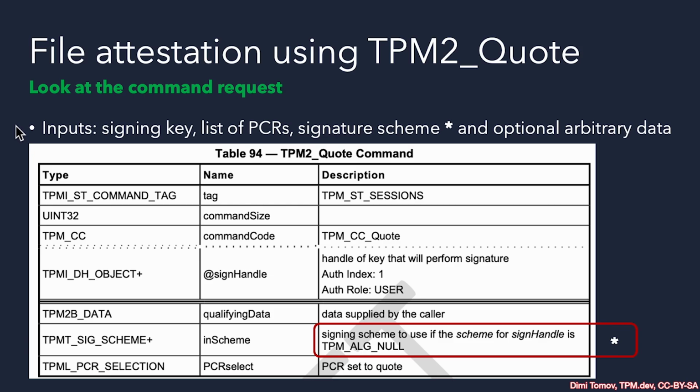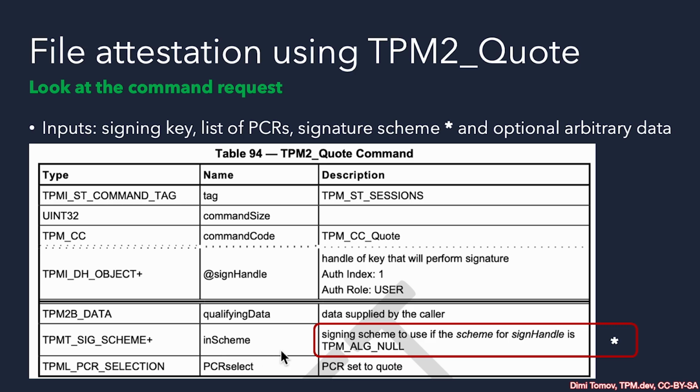Let's take a closer look at the command request for tpm2_quote. In the input data fields, we have a sign handle that points to the attestation key that we're going to use. This is the child signing key with the special properties that we just talked about. Then we have the qualifying data field, which is extra data that can be added by the caller, by us. This can be additional nonce data for freshness, or it could be something else. I usually use it as something else to add additional information about the system. The qualifying data becomes part of the signed evidence later, so this is quite useful.